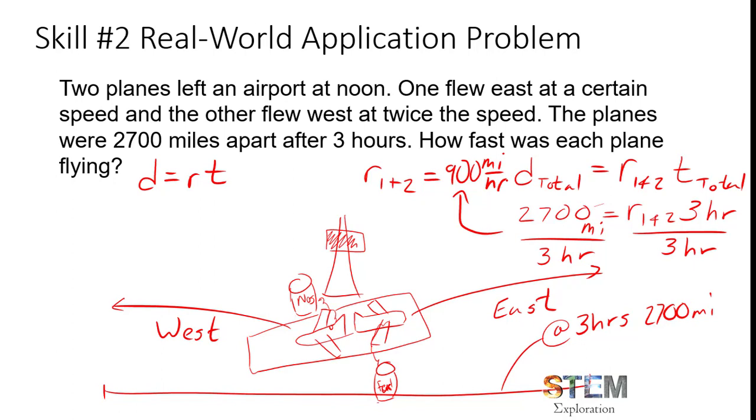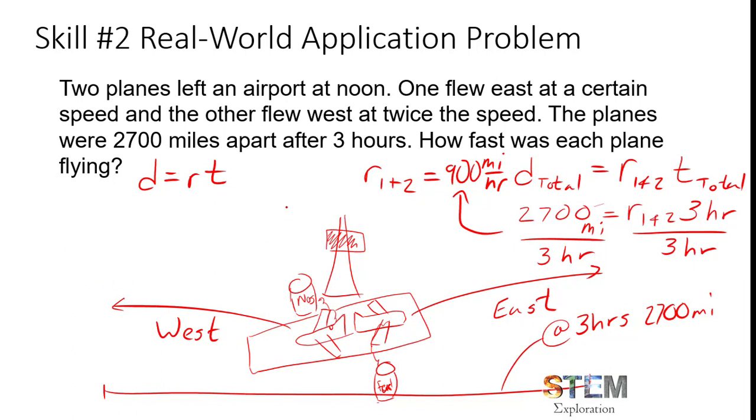But the thing is that many of you probably haven't had a lot of practice doing this yet, and this is something I want to work on in this class: how do we plug in some of these variables, and how do we look at some of this and do this? And this can be a really useful piece of information, because if you know one plane's flying directly east and